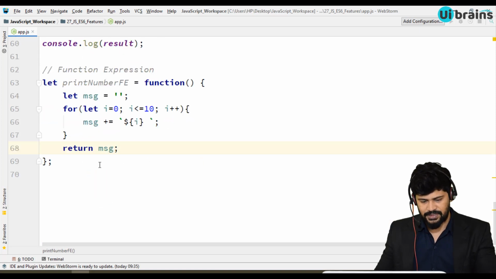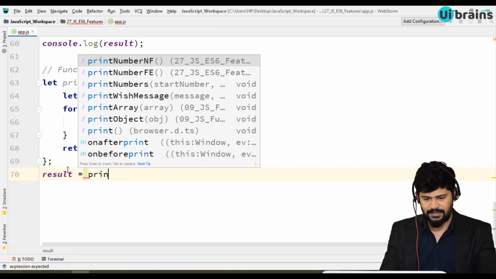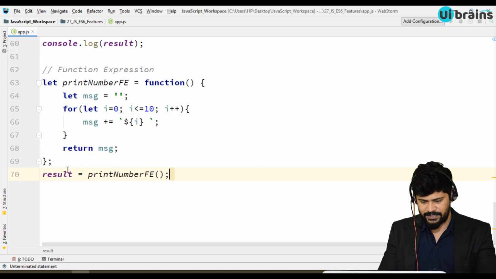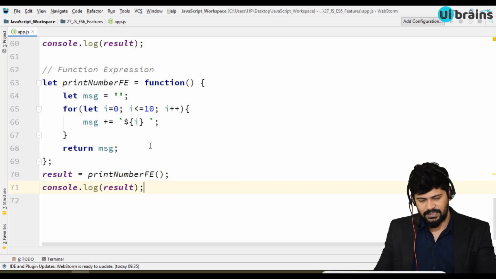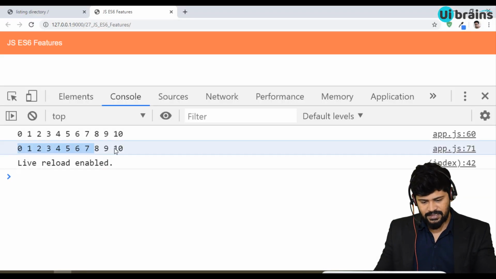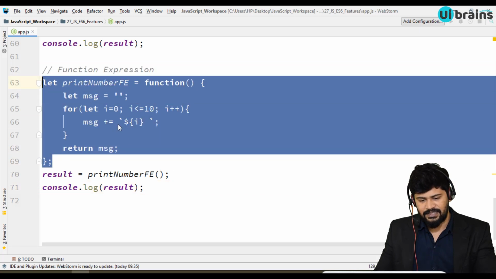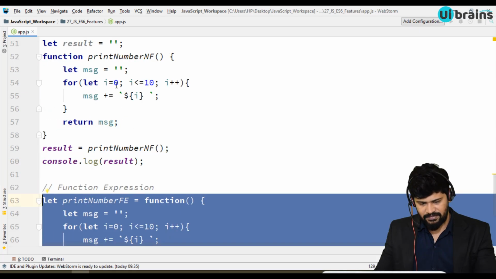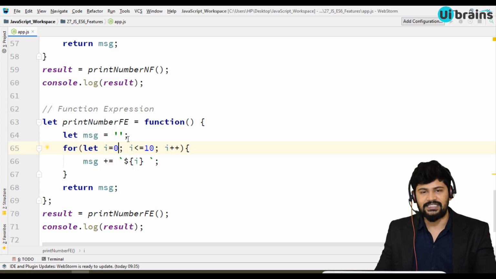You have a function with this logic, and you say result is equal to printNumbersFE, the function expression, and you write console.log of result. See here, you get the same answer, but this is another way of declaring a function. It's quite different from the regular function declaration. So this is a function expression.